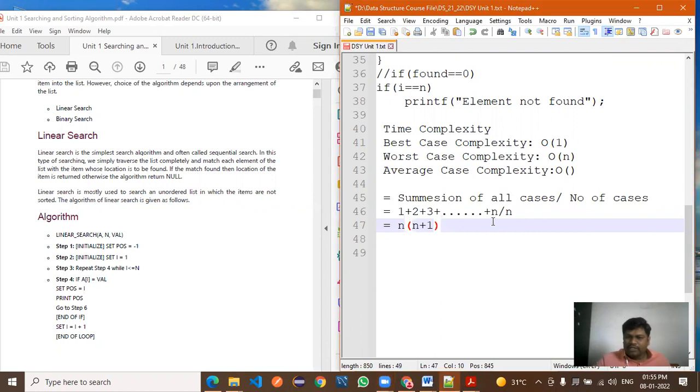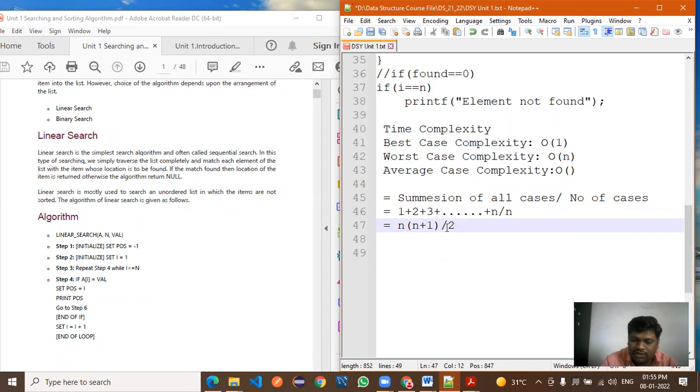Now we are writing the summation of all the cases. So how are you writing the summation of all the cases? N into n plus 1 divided by 2, right? This is the sum of the cases we are writing. After that, divided by n, right?